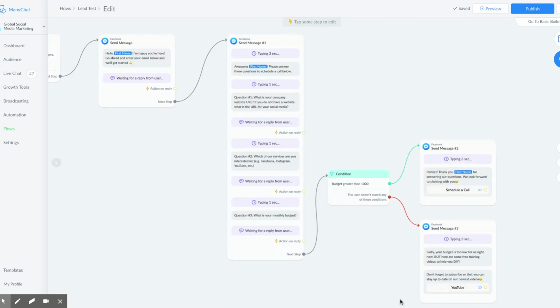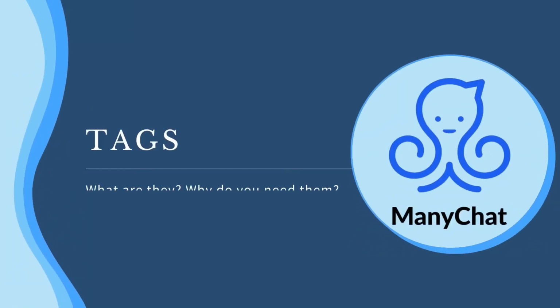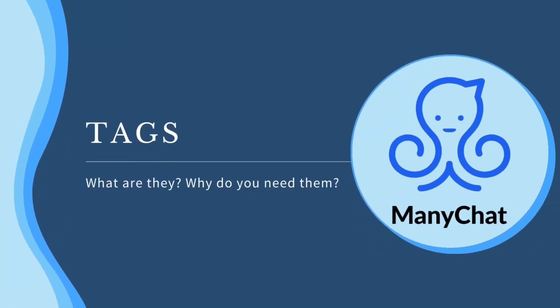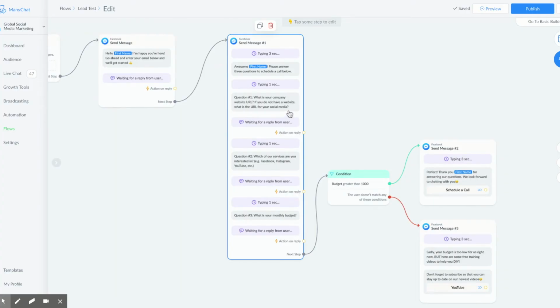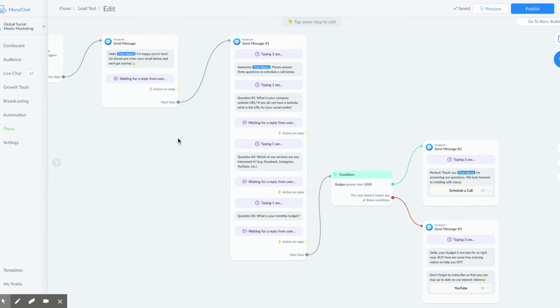Has been typed out and the delays are where I want them to be. I'm going to go back and add tags. A tag is a way to segment your subscribers. You can add and remove tags from users to indicate that they are part or not part of a certain group. I'm going to put them in the 2 spots where I find them most important. We're going to do it here at the beginning where we collect their email, and here